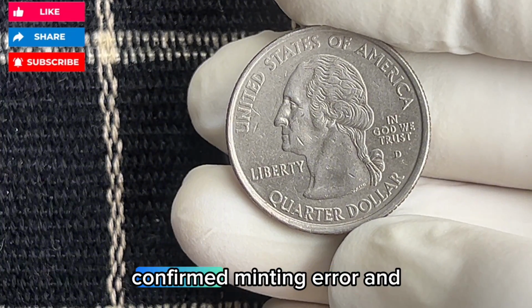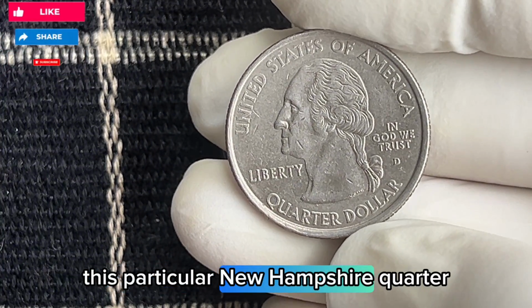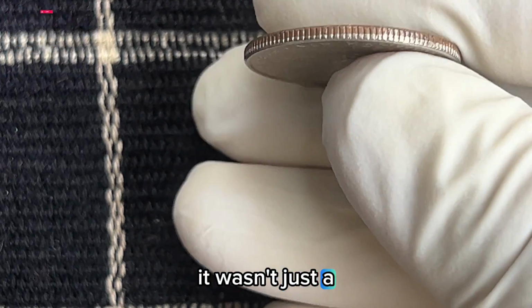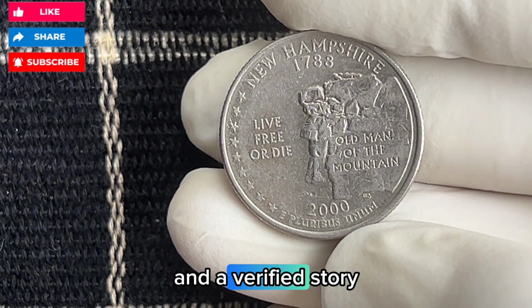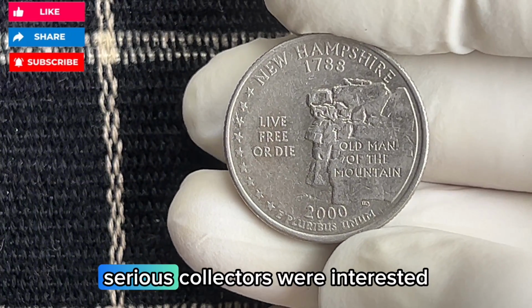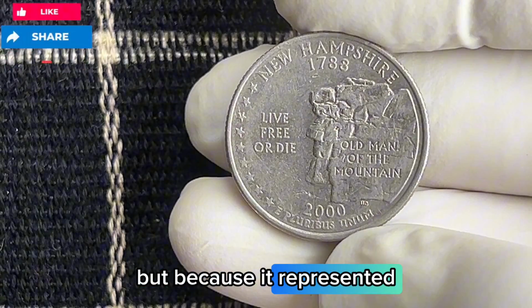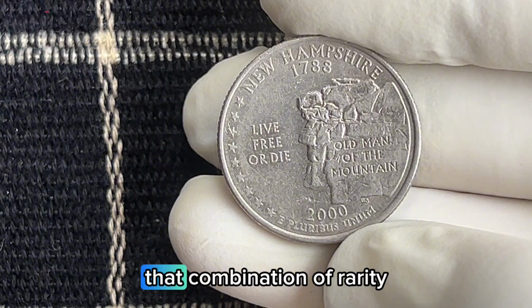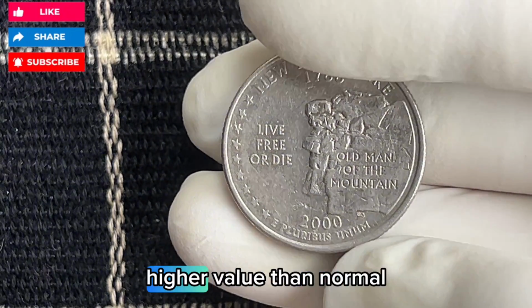Because of its rarity, confirmed minting error, and pristine condition, this particular New Hampshire quarter became extremely valuable to collectors. It wasn't just a mint mistake, it was a certified anomaly with a traceable origin and a verified story. Serious collectors were interested not just because of how rare it was, but because it represented a genuine, documented slip in the minting process. That combination of rarity, condition, and confirmed error can result in a much higher value than